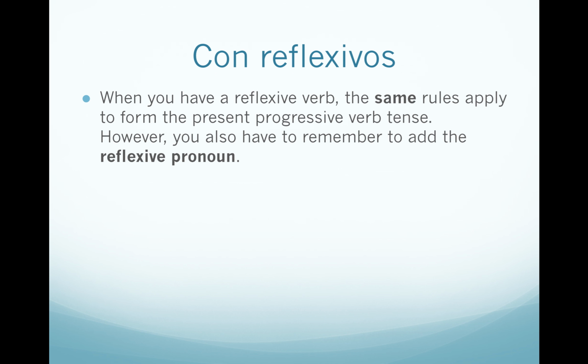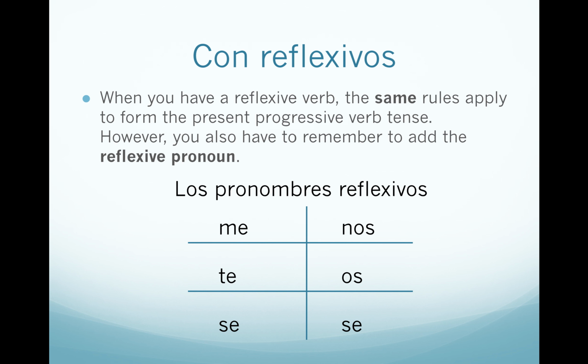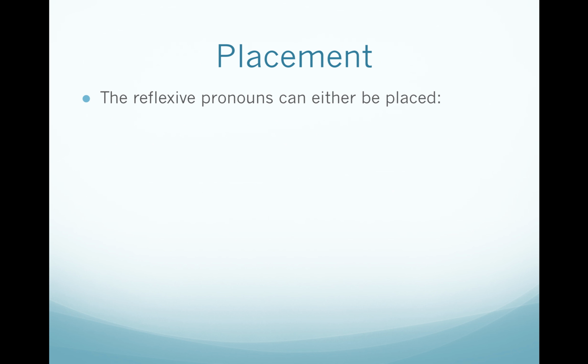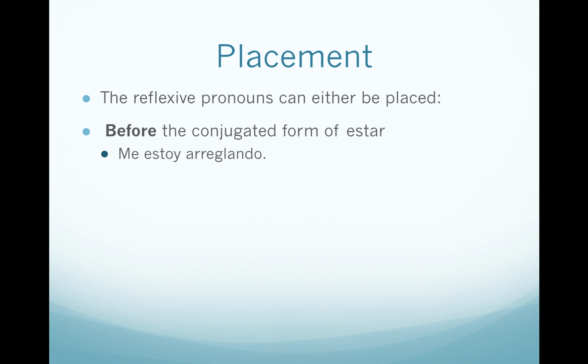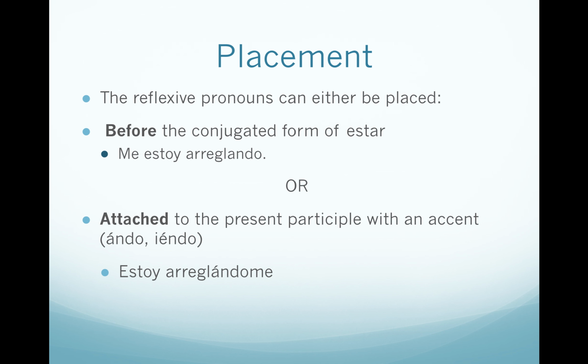If there are reflexive verbs and you would like to form it in the present progressive, the same rules apply, but you have to remember to add the reflexive pronoun. Of course, those are me, te, se, nos, os, and se. The reflexive pronouns can either be placed before the conjugated form of estar. So me estoy arreglando is I am getting ready. Or you can attach it. Estoy arreglándome. Except here's when you get into accent trouble. If you need to attach it, or if you choose to attach it, you have to also remember to put an accent on the e